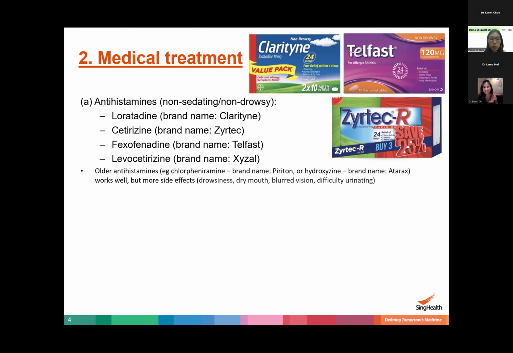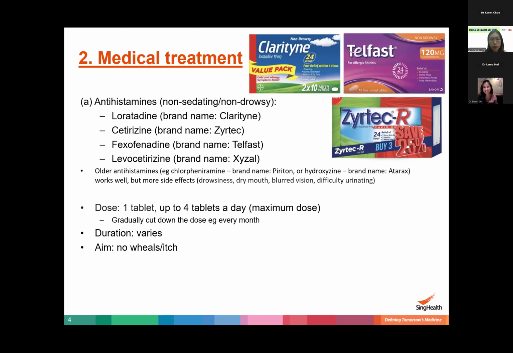How much do we give? It really depends on how active your hives and condition are. You can start with one tablet, and the maximum that we advise would be up to 4 tablets a day, and that really is the maximum dose. When it comes to 4 tablets, it will be 2 tablets 2 times a day. And how do we then